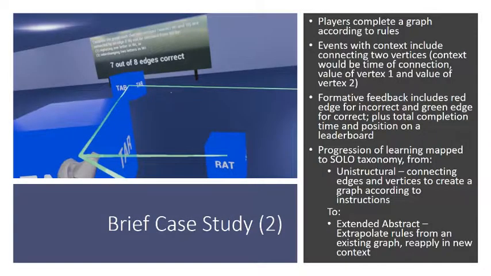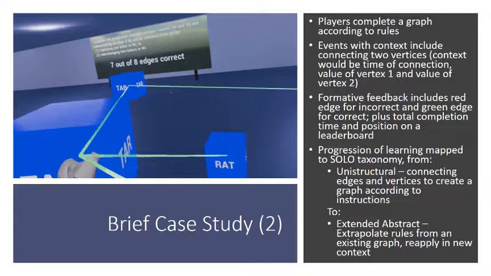During the main levels of the game, players complete a graph according to rules. Events with context include connecting two vertices, and the context would include the time of connection, the value of vertex 1 and the value of vertex 2. And we can give formative feedback to the player, including incorrectly connected vertices being connected by a red edge rather than a green edge.